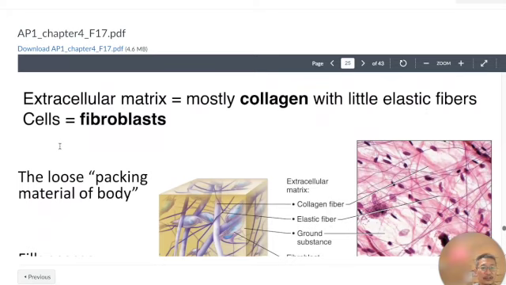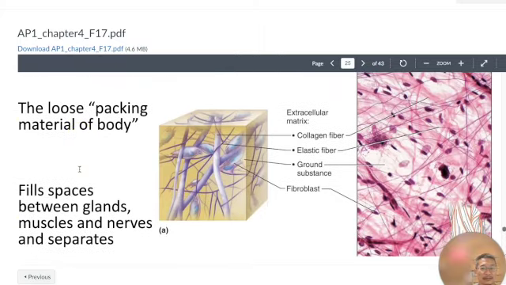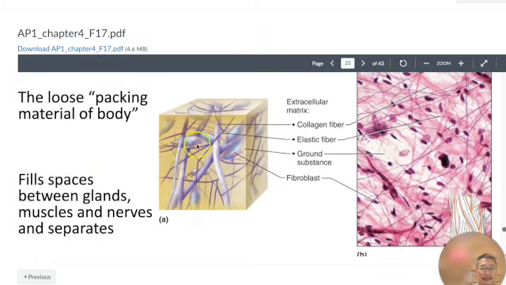Extracellular matrix, mostly collagen with a little elastic fiber. So again, the ground substance is something that they're kind of suspended in. Here's a fibroblast. It's got little cells in there. Collagen fiber,